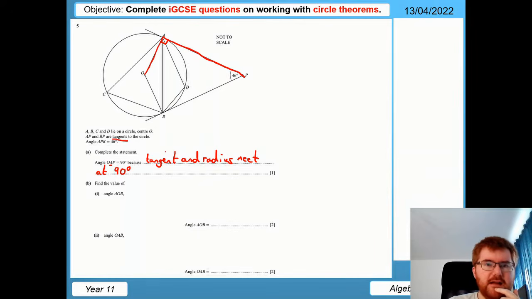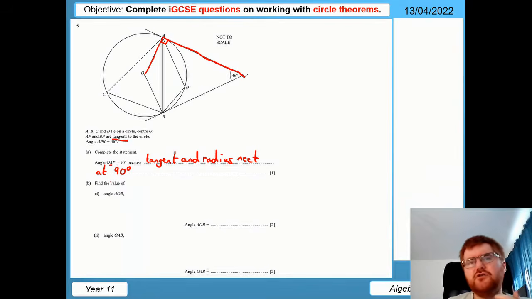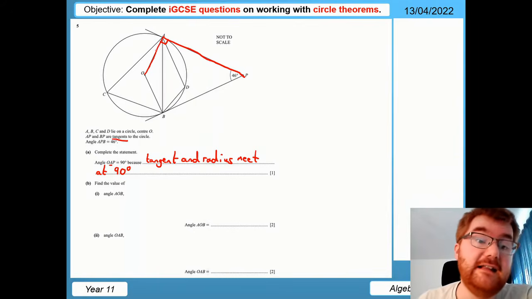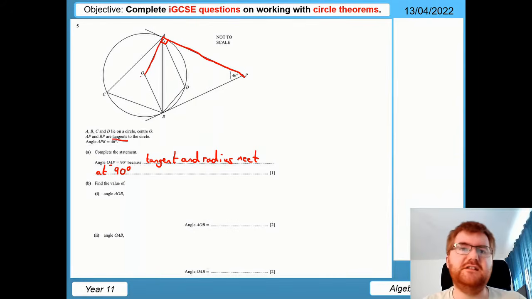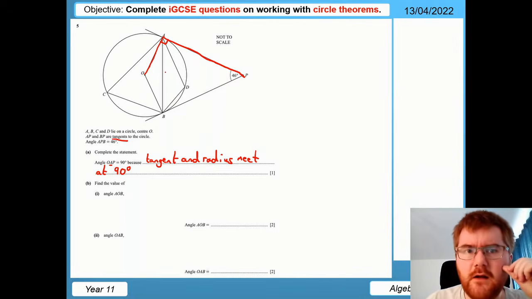Now this question from here, we have to work out lots of different angles. So we've got B, I, and 2 here on the other page. You can see part 3, part 4, and then we've got part C after that as well. One of the strategies I like to use here is just work out as many angles as you can, and then see afterwards if it actually fits. This is a strategy I like to use, particularly on these extended paper 4 questions, where there's a lot of steps involved, and one of the easiest ways of working it out is just by working out